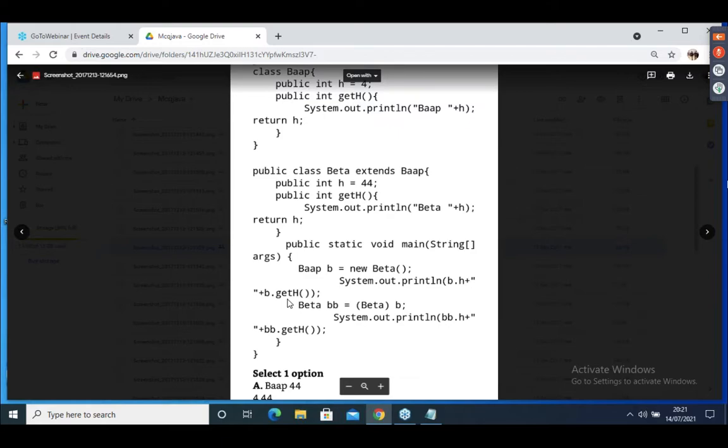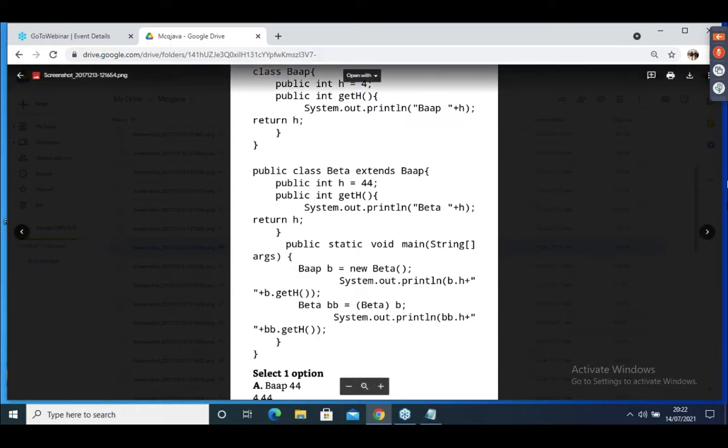Okay. Here getH is the first. First getH is going to execute. Then its return value is concatenated and printed. What is getH? It is 44. Then it is 4 plus 44. Then getH again is here. Okay, 44 again. Then it prints like that.